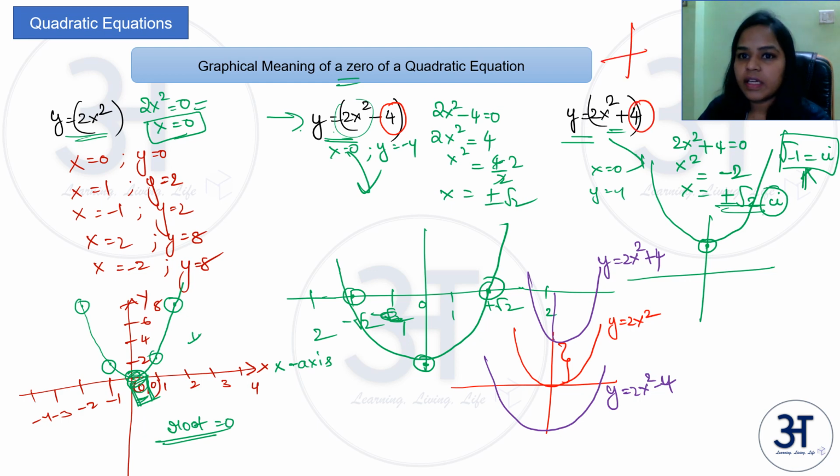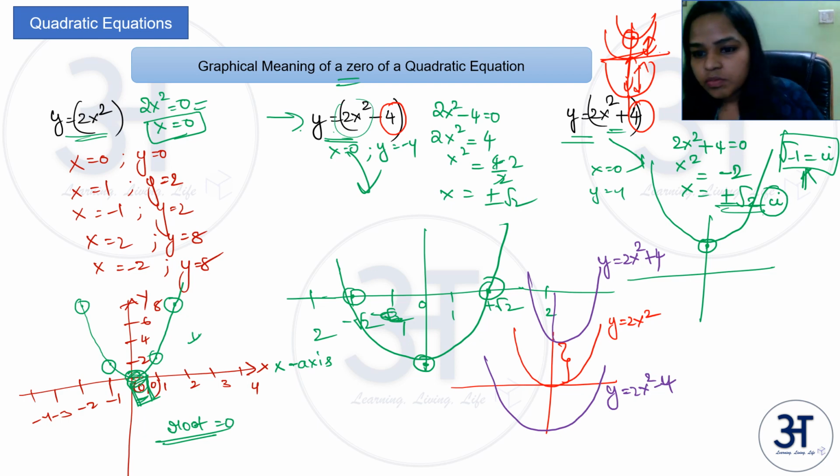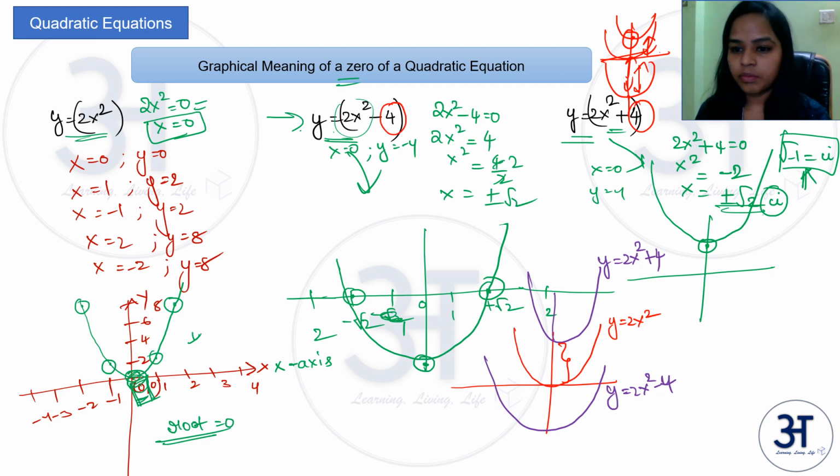So if given a parabola, if you want to move it up by so and so point, your C will increase that much. If you want to move it down by so and so distance, your C will decrease that much. So you can take a minute to grasp this. You can pause and take some time to grasp this. So this is one of the important concepts.